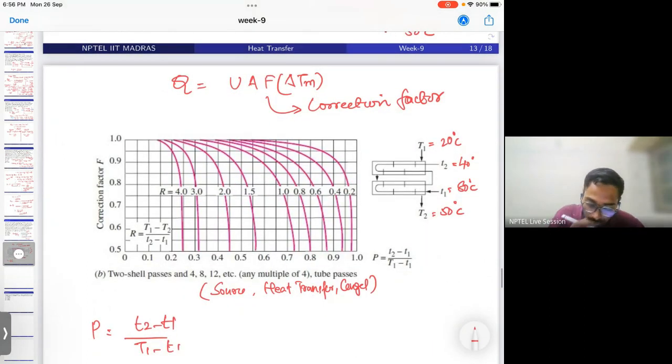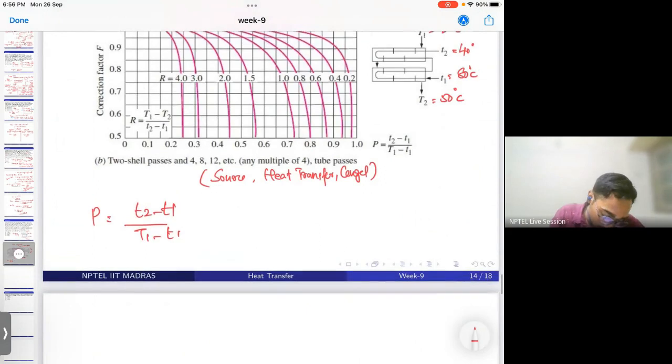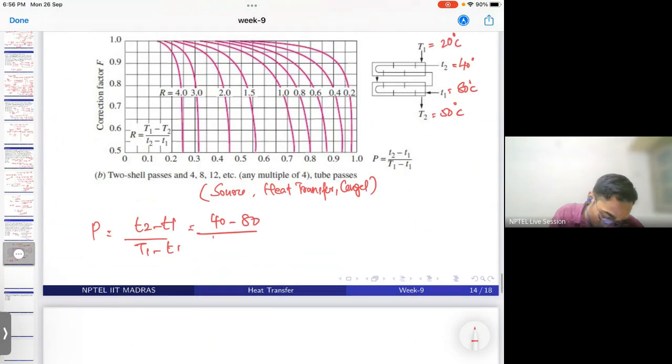Okay. So every temperature is given. So we just need to find out what is P, that is 40 minus 80 divided by 20 minus 80,